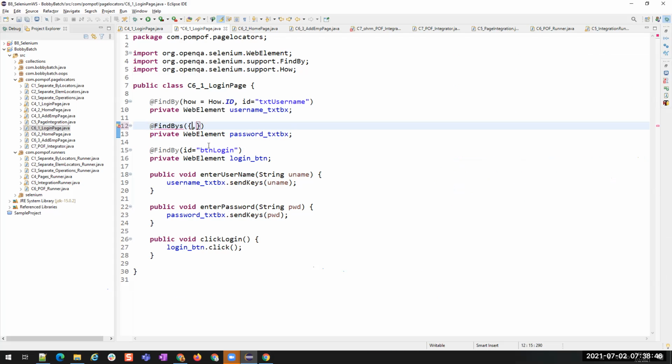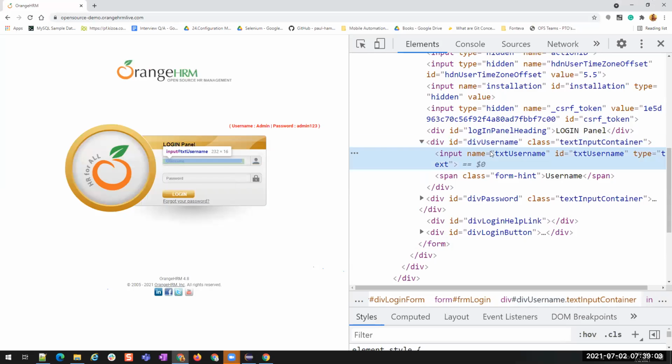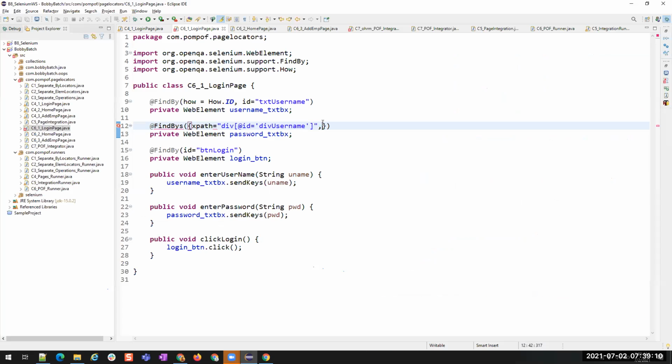So I'll say xpath is equals to div at the rate of id is equals to div username. Okay, div username, and then I want to find this, right? So I'll use this id is equals to txt username.